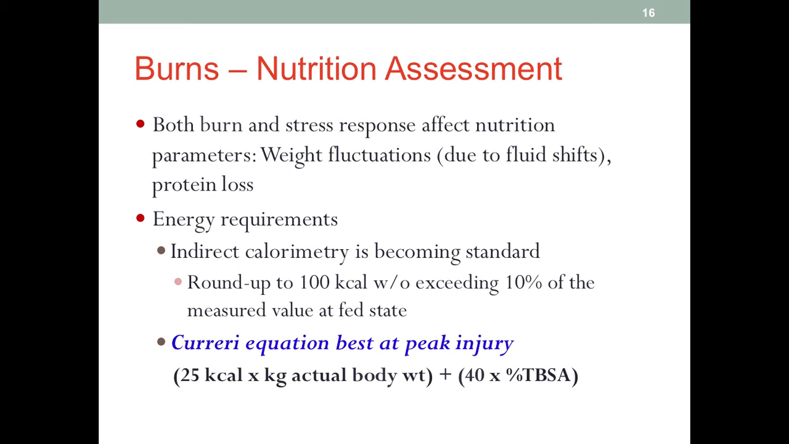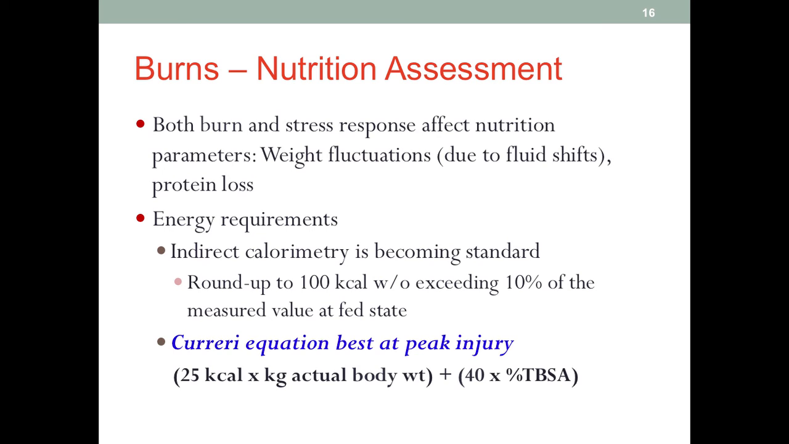So we measure patients under the fed state, then we should have a reading. Then with the reading, we want to round it up to the closest 100 calories. But this rounding should not exceed 10% of the measured value. Again, as you've previously learned, when it comes to calories, it's not necessary to be as specific as to say 5 calories, 1 calorie, or 0.2 calories. We can always round up. And there is evidence that for burn patients, we can round it up to the closest 100 calories